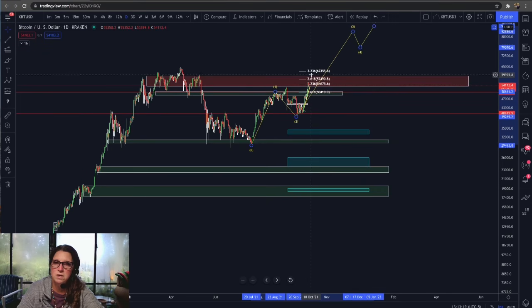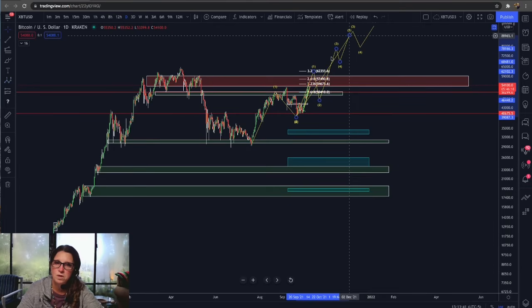What this would be on the inside is our wave 1 would finish. We'd get a wave 2 that cannot break this red line, sitting at 40,500. And then we get 3, 4, 5. So this would be the wave 1 of the third wave. That's Mega Bull. And validation of it is breaking 40,000.